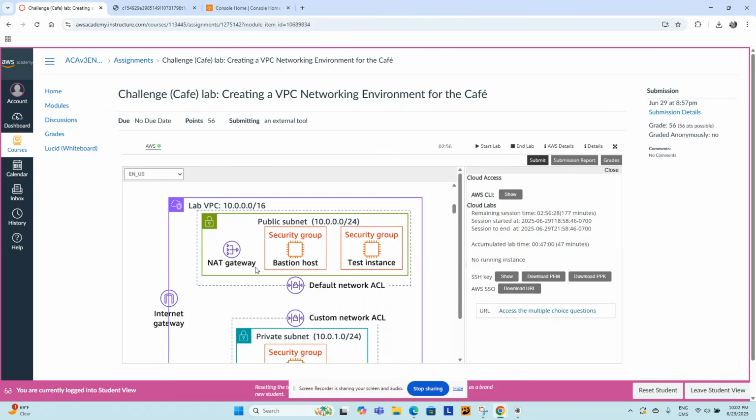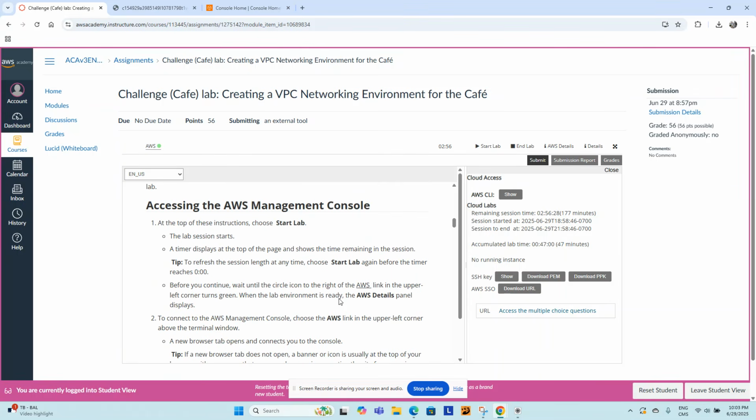So we will observe all those network components and how they interact with each other to build your VPC. And also we will explore the security components such as the security group and network ACLs. So let's start